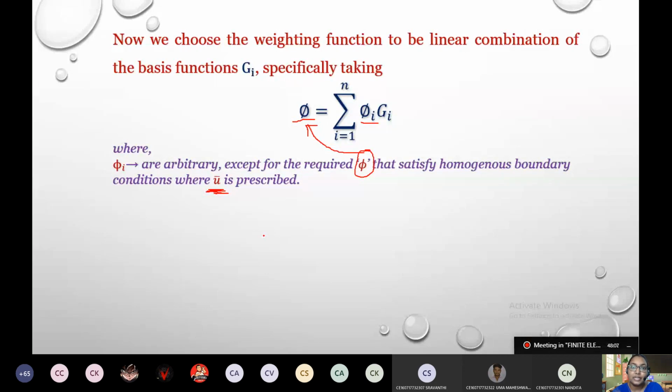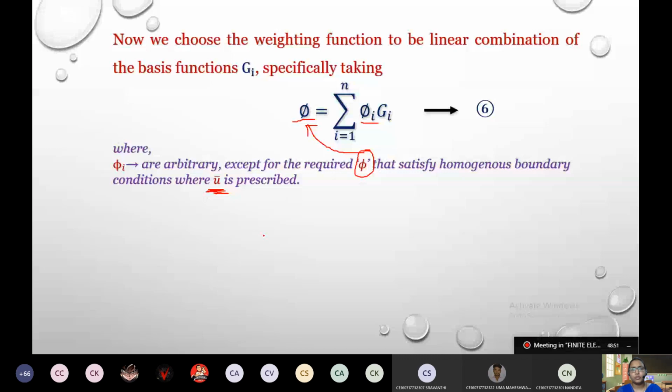Got that point? So that has to be properly taken into account whenever you construct the weighting function or the polynomial function. Both the basis functions should be in a condition that whatever boundary condition is specified and given to you has to be satisfied. All right. So let us take this as equation number 6. Now the whole of the Galerkin method that we have seen until now consists of 6 equations, out of which we are not going to use all the equations, by the way.